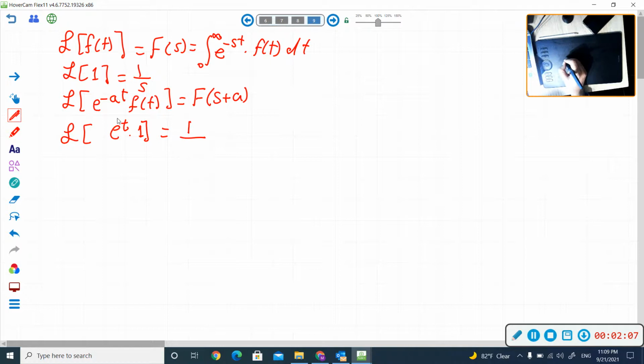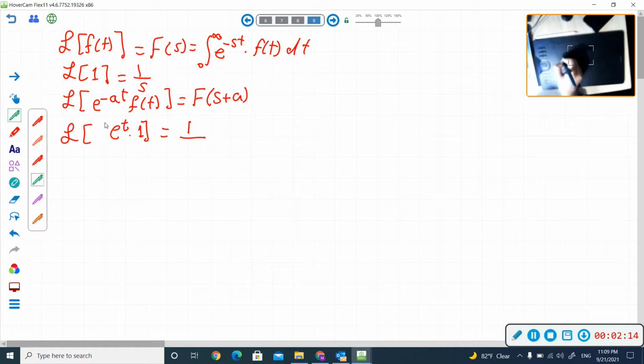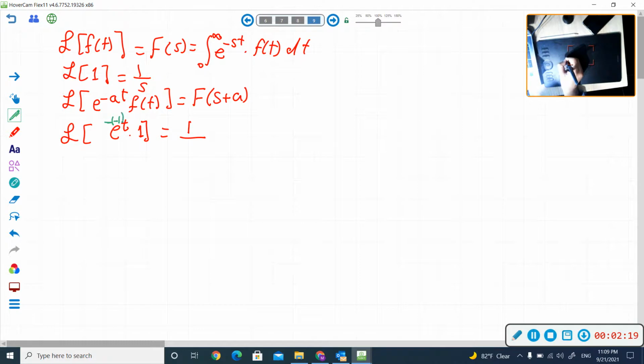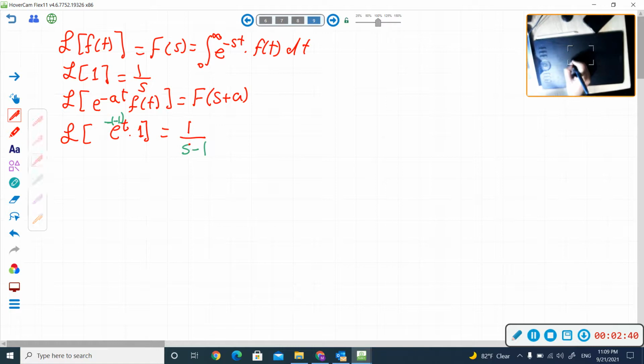In our case, a is equal to minus 1. So you can imagine here is a minus 1, to put it in the same form of this formula. Okay, so here it will be s plus a, where a is negative 1, so it will be s